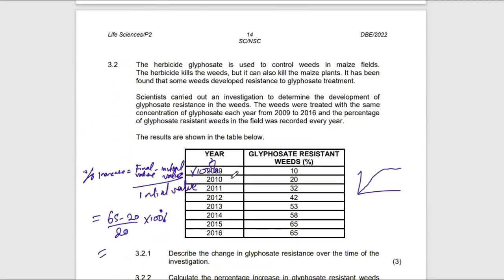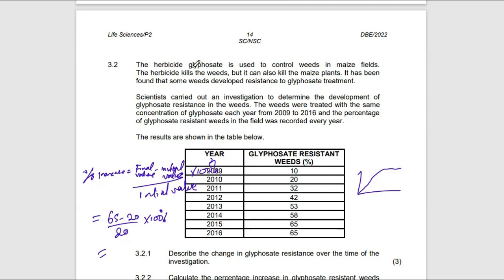Can you identify the independent variable here? Is the weed dependent on the herbicide, or does the herbicide depend on the weed? It means that the weed will depend on the herbicide over a period of years. That's why here you see that over a period of time or years, the glyphosate resistance will accumulate based on the period of years,